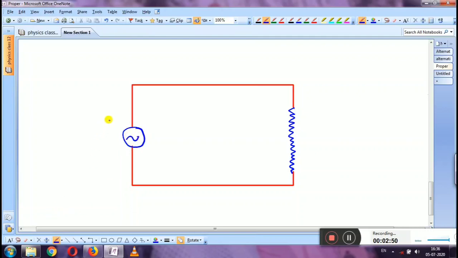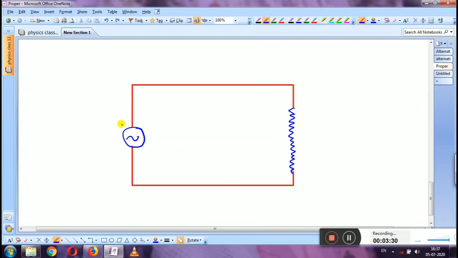Children, this is the symbol of AC source. You know how the DC source is, how the DC source looks like? DC source looks like this, in which you have positive side here and negative here. But in case of AC source, AC voltage source, nowhere you can say is positive or negative. Positive could be here, negative could be here. It is also possible that negative will come here and positive will come this side. So anything is possible in case of AC source. In AC source, it is not compulsory that positive will come on one side only.